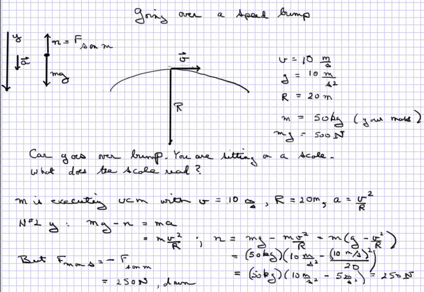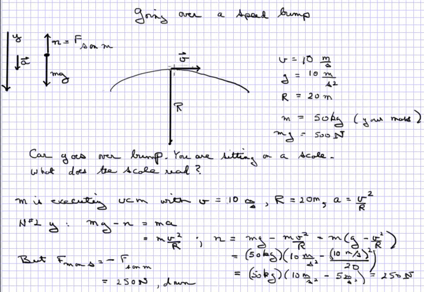This YouTube video is about the dynamics of going over a speed bump. So imagine that you are in your car, sitting on a scale, the type of scale that registers weight, and you go over a circular speed bump as shown in this sketch here, that has some radius r, concave down, and here you are at the peak of the speed bump going with a linear velocity v at that particular